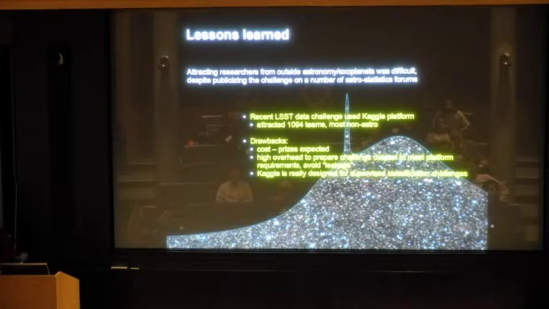This has some attractions. Obviously, it has great reach, and that would bring in a lot of people. It has drawbacks in terms of cost. They do expect prizes. And we don't have that kind of funding. In fact, we don't have any funding. That's always an issue. It also has a lot of high overheads.